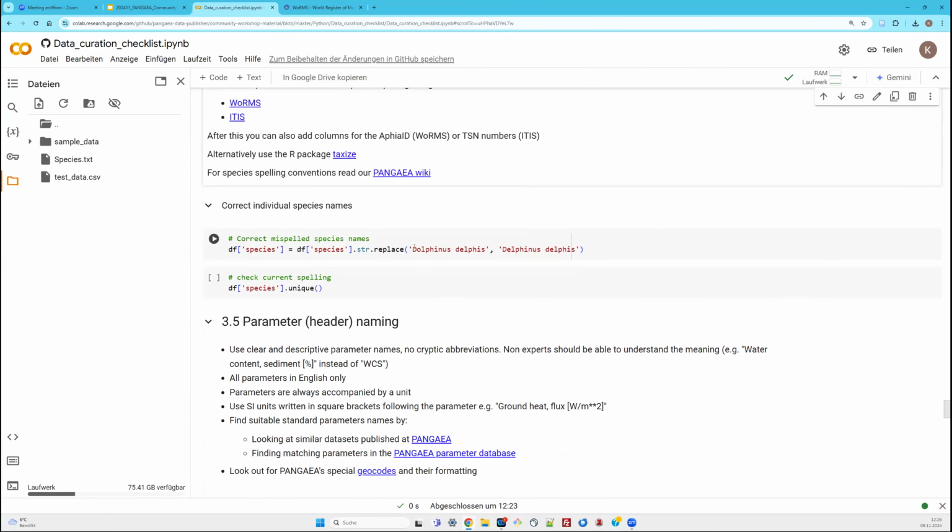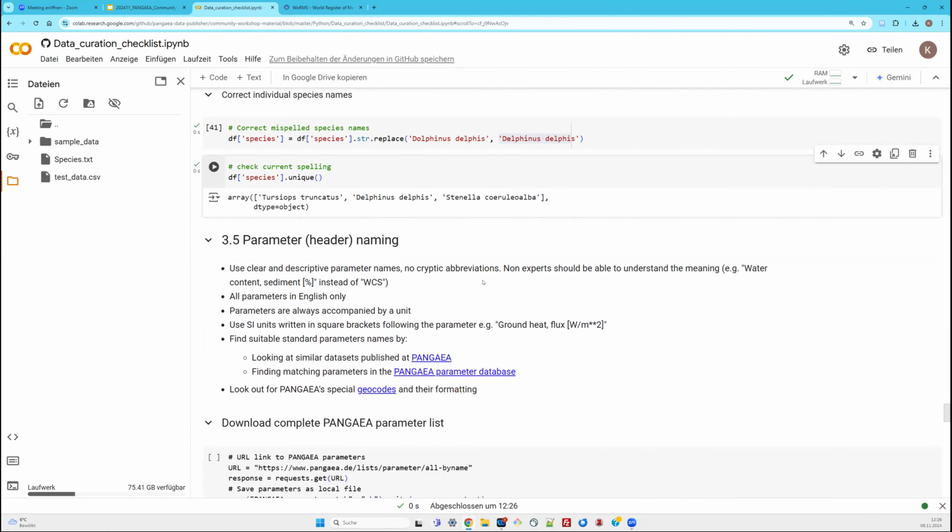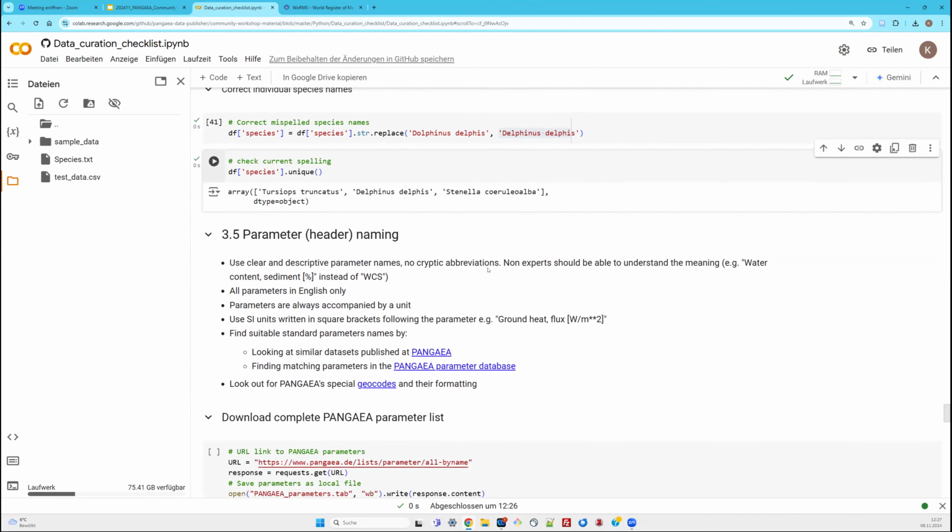And we know now that the Dolphinus is wrong and we want to replace it with Delphinus, and we're using the string replace function. And with one line, it's done. And then if you check afterwards, everything is fine again. So if you look at our data frame or at our data file,